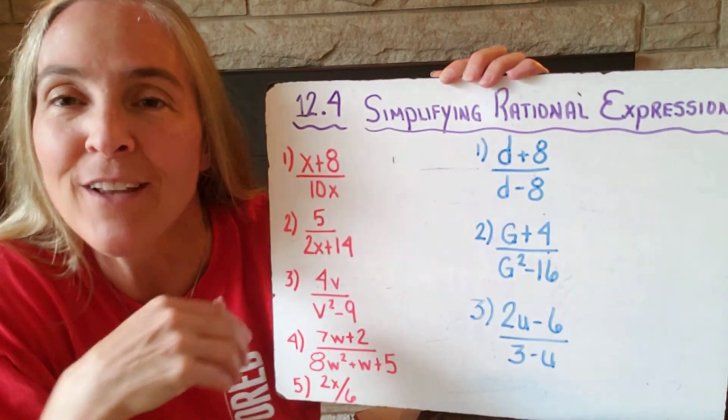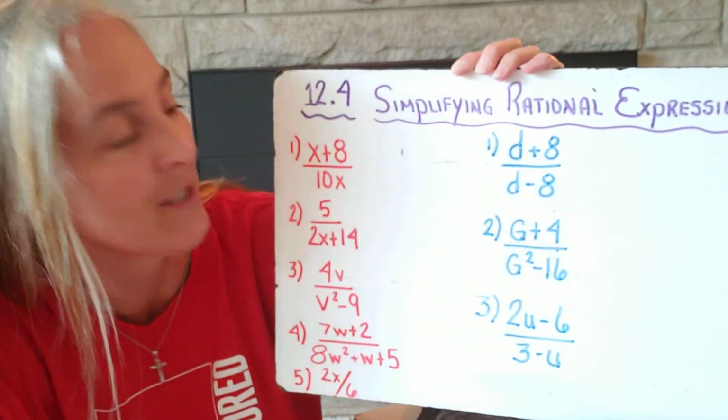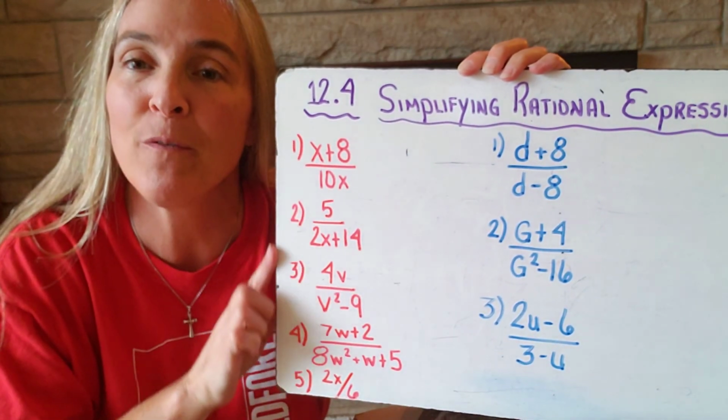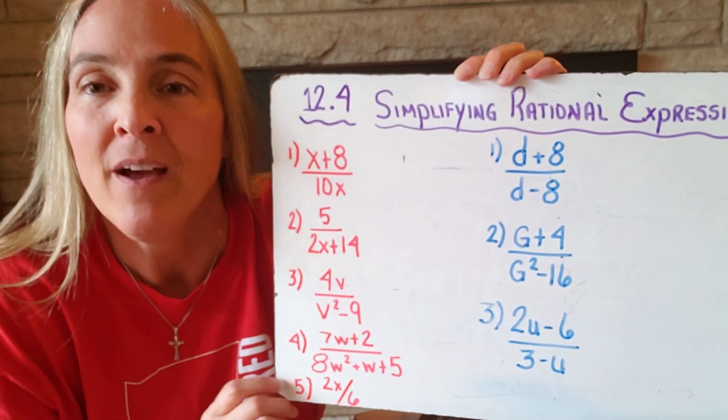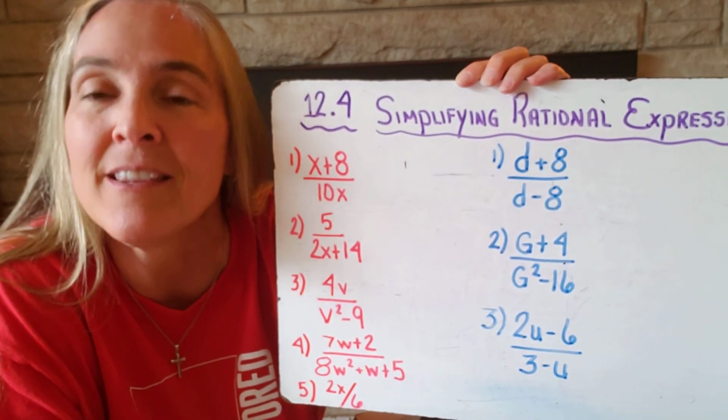Great. So here is our lesson today. 12.4, simplifying rational expressions. The first 5 that I have here are just helping you recognize that when you have